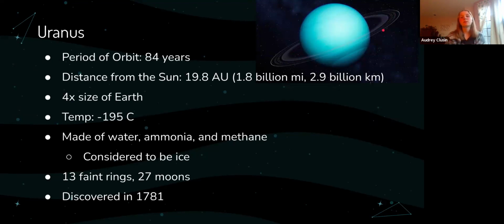So Uranus is a little bit weird compared to its counterparts because it wasn't discovered until 1781 with the use of telescopes, because you can't really see it with your naked eye. So yes, this one's pretty cold and very far away, and that's why it's cold. But anyways, it's also really pretty.